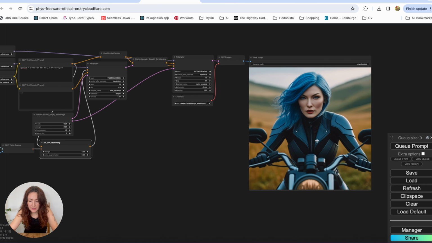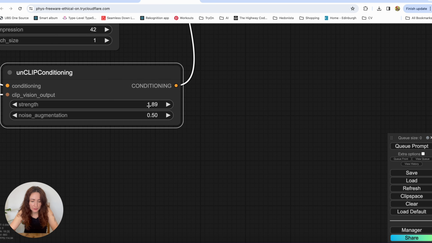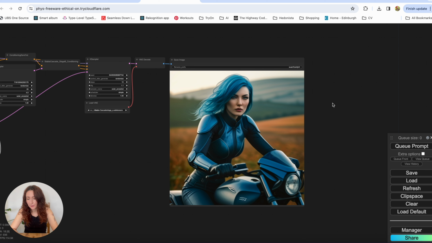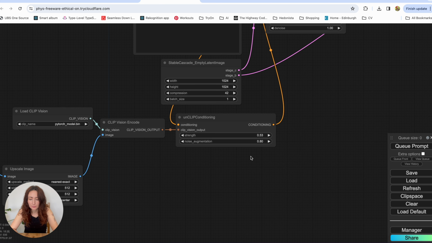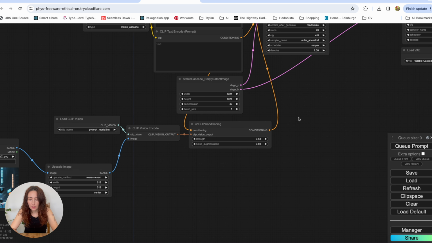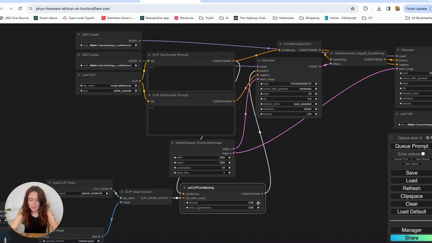So you see it is still an image of a woman on a bike, but it changed a bit the pose and the landscape. And what if we change our strength to some smaller value and we add more noise augmentation? Now again we're getting a different result, and so you can play with these two options and get the desired outcome. You can also try to run it without any prompt, and let's say I will set it to